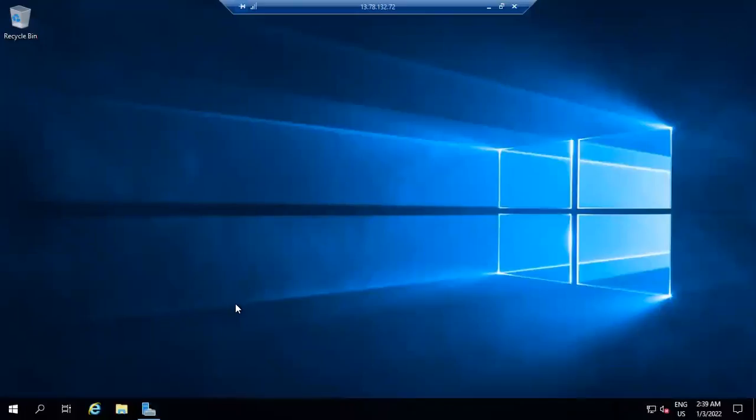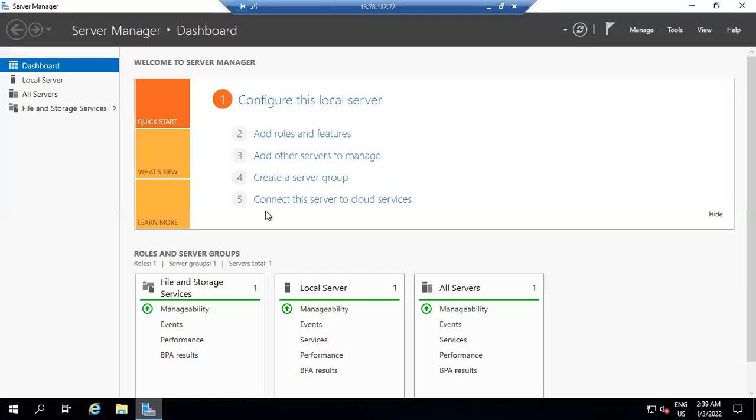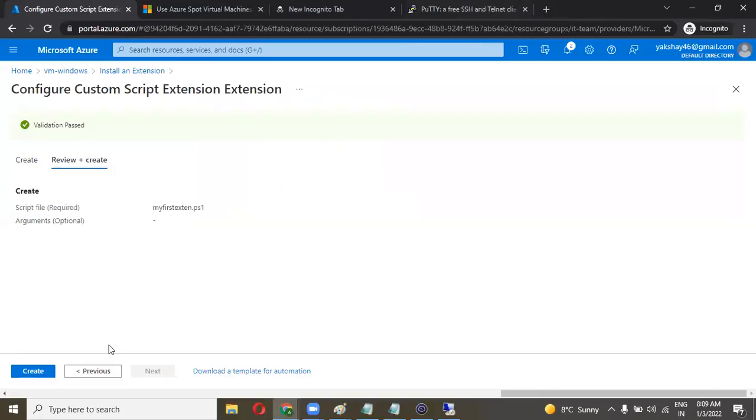So I'm going to install it through the custom script extension. You can see right now I don't have any features or roles over here. I want to install with the custom script extension. Let me minimize it and complete this install extension. Click create. It is initializing.